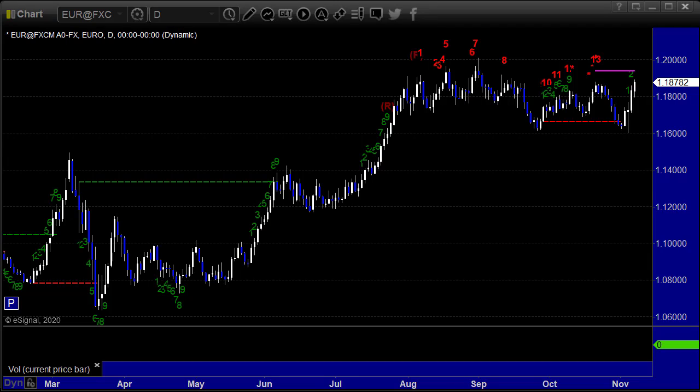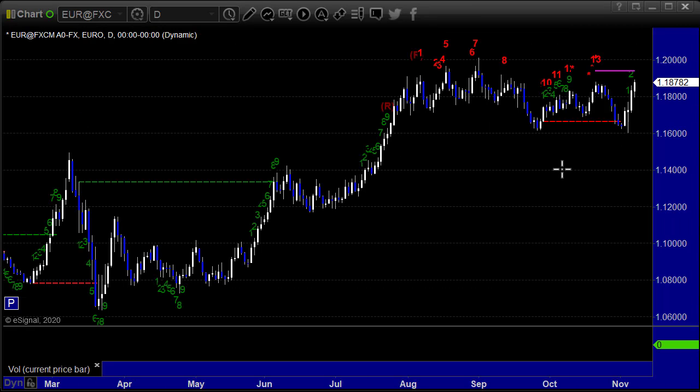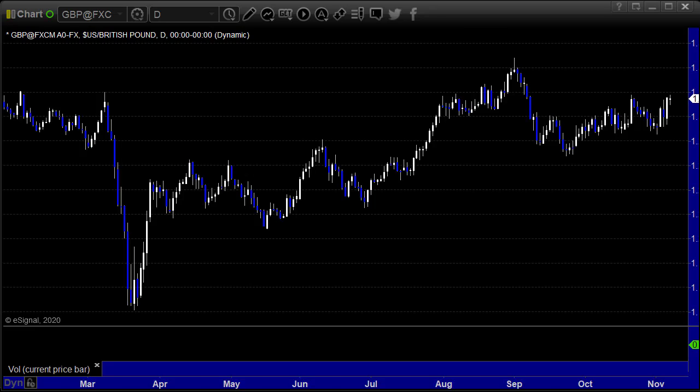So here's the euro dollar, which usually looks like the inverse of the dollar index, and again, it does here. Very flat for the last 6 months, almost untradeable. Let me go back to that for a second. If you look at high to low in that range, I mean, barely. You're talking about 300 something pips for 4 months. That's really poor range on the euro dollar.